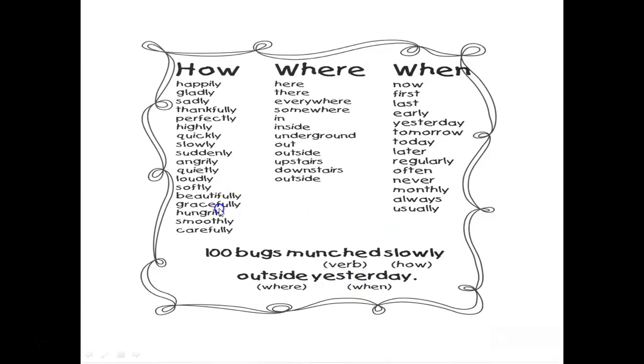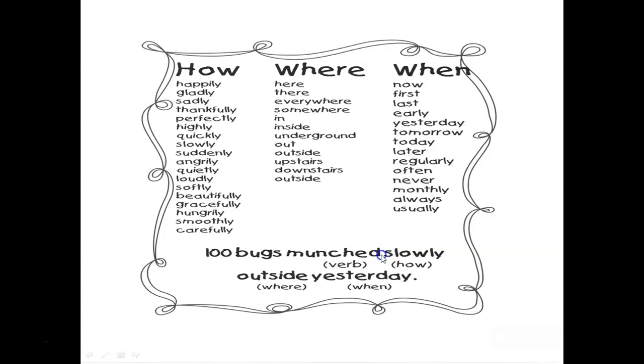Now, let's take a look at this sentence. I'm going to give you a clue. There's 6 words, and 3 of them are adverbs. And we're going to have one adverb answer how, one adverb answer where, and one adverb answering when. All of them go back and describe the verb. We have 100 bugs munched. Now, we could put the period right there